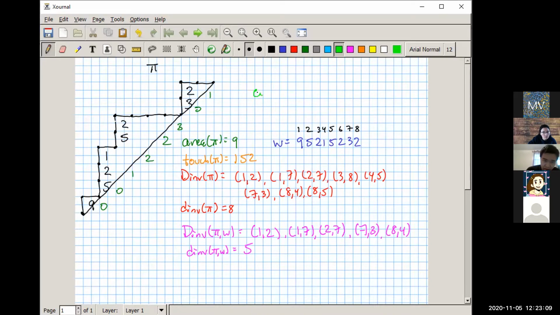Maybe I'll just write that up here. Yeah, so it's like x of pi. Can everyone see this? Is that a good color? It's fine. Yeah, it's legible enough. Okay, so